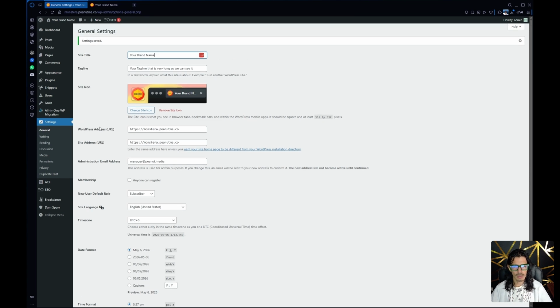The only other thing that you need to change sometimes is the administration email address. It's going to have our email. Update this to yours. It is going to send a verification email to your inbox, and then you just need to click the link that it sends you, and you will be able to change this email. This is important because it's the administration email for the whole site, right? So after that's done,